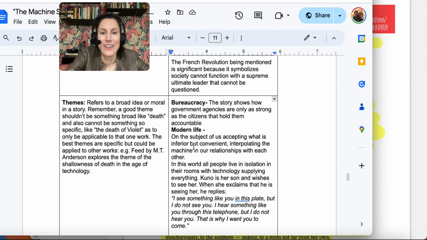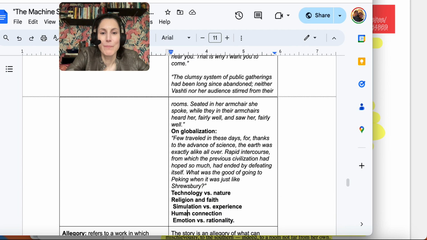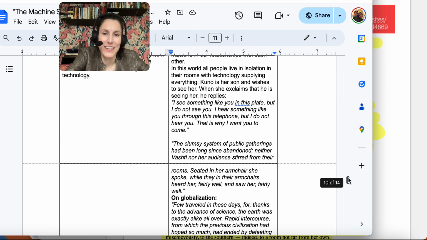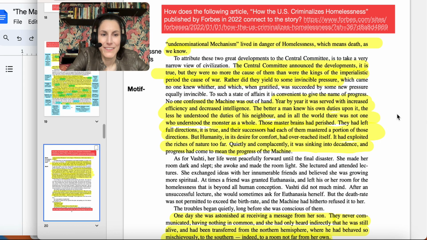We can say something about, wait, this was the modern life one. And this would be globalization. Wait, if we're going to say the failing, technically the failing technology does go under the bureaucracy because